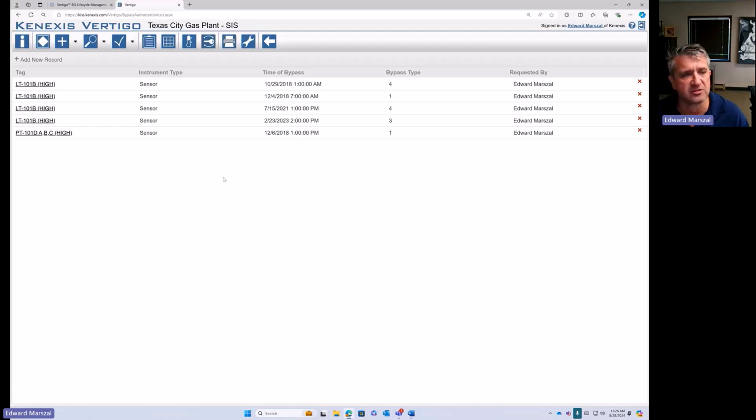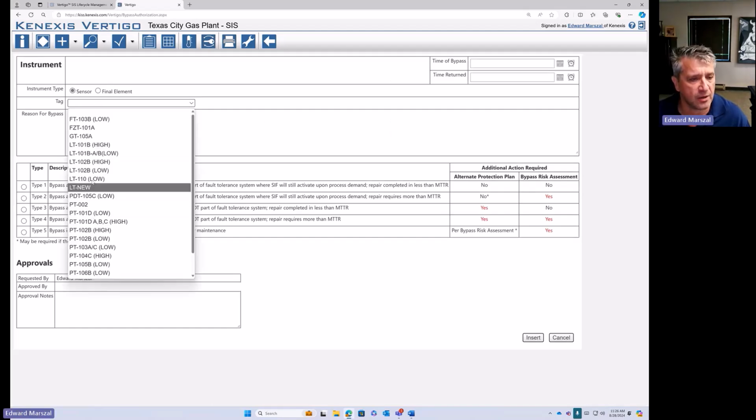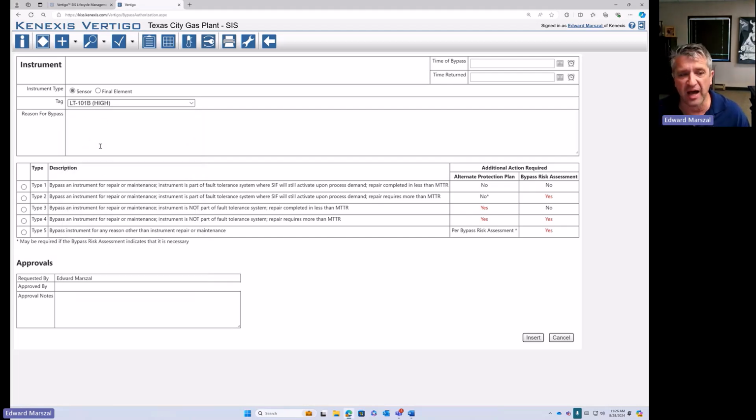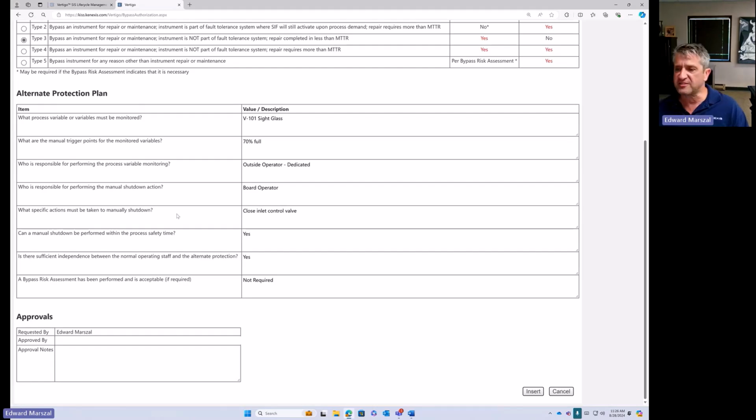I'm going to cancel this, and let's say I want to do a bypass instead on LT101B. Where is that? I want to do it on this L. So this is obviously a 1 out of 2, which is going to be a type 3. Whoa! All of a sudden, all of my alternate protection plan got filled out. Well, these alternate protection plans are something that once you define it for a piece of equipment, it's probably not